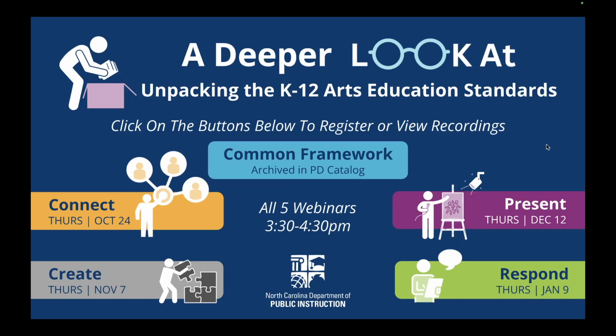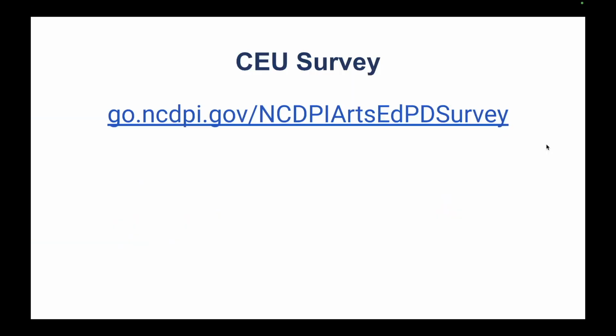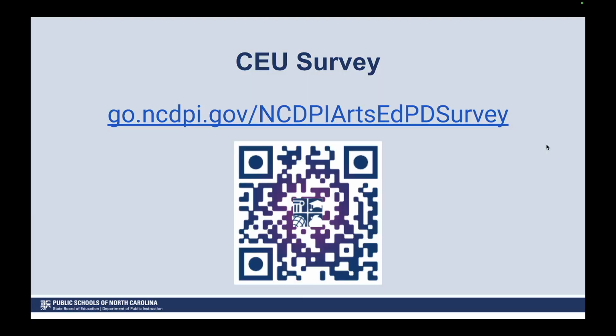The next step is to fill out that CEU survey. This is how you will receive your credit for listening today and where you have the opportunity to upload your reflection journal. Your reflection journal is a Google Doc. If you click that big blue button that says share, you can get a link to your Google Doc, or you can just copy the URL from the very top as long as your share settings are for anyone. You can drop that into the appropriate cell in the survey here. That's how you share your reflection journal.